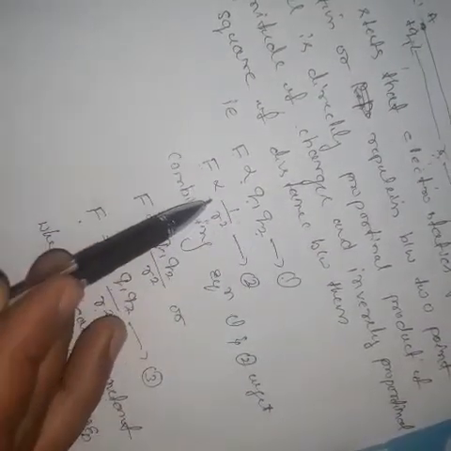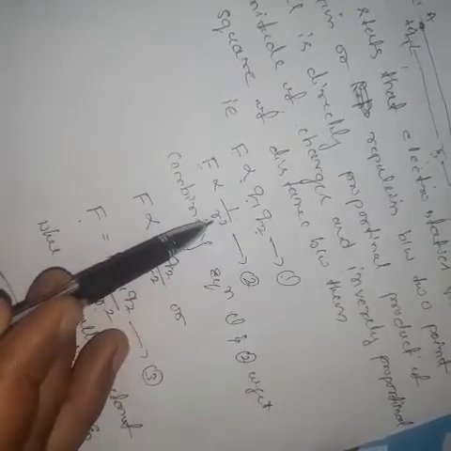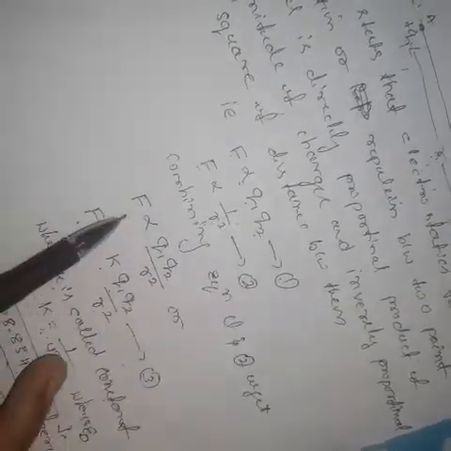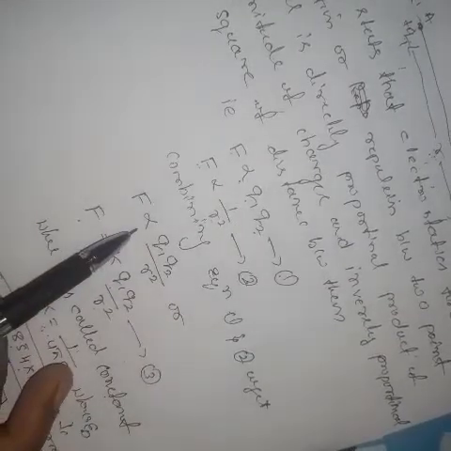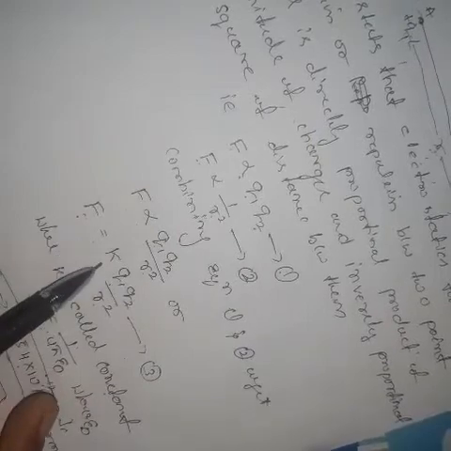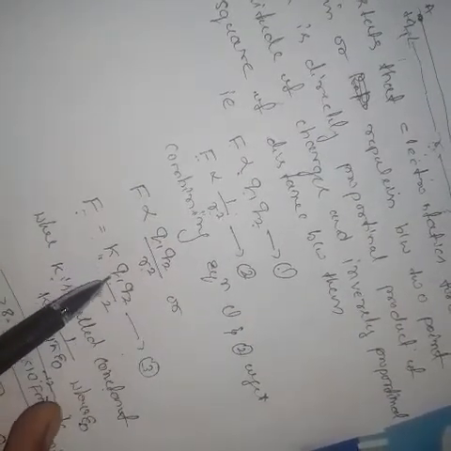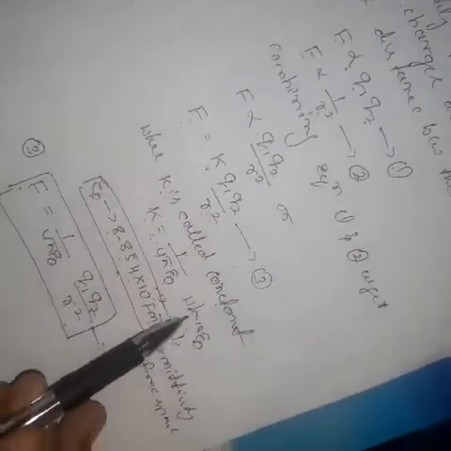That is, F is proportional to q1 and q2, and F is inversely proportional to 1 by r square. That is called equation number 2. Combining equations 1 and 2, F is proportional to q1 q2 by r square, or F is equal to k q1 q2 by r square, where k is a proportionality constant. The value of k is 1 by 4 pi epsilon naught, where epsilon naught is